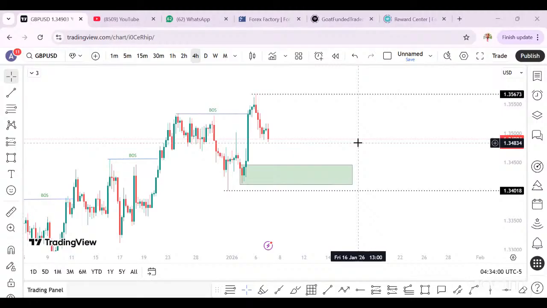I have my journal, and this year I want everybody to have a journal. Have a book. Any trade you take, whether win or loss, document it. You need to have a journal so that at the end of the month, okay, I took a total of 10 trades. How many did I win? How many did I lose? That will help you checkmate if your strategy, the way you trade, is going to be profitable or not.